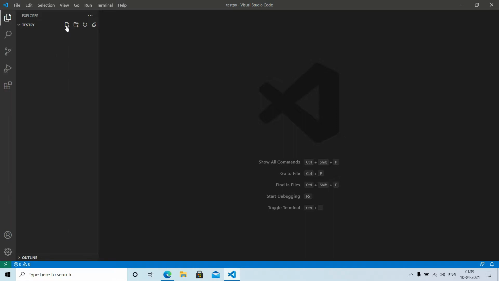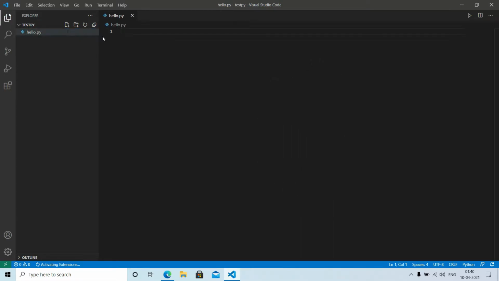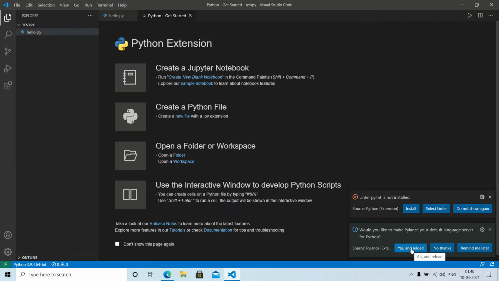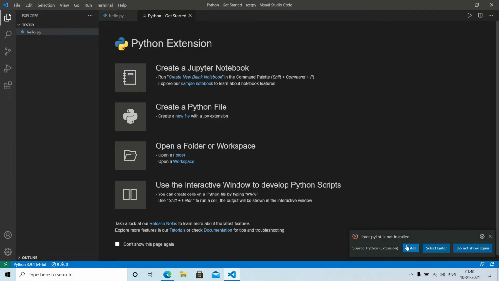Now you can click this icon to create a new file. I will name the file hello.py, you can name it whatever you want. After creating the file you will see some notifications. You can change your compiler to Pylance if you wish, and you have to install the Python linter. Just click on install, it will automatically install Pylint for you.